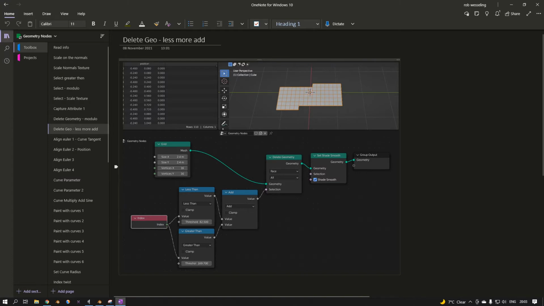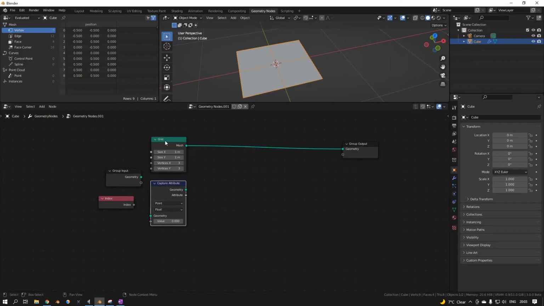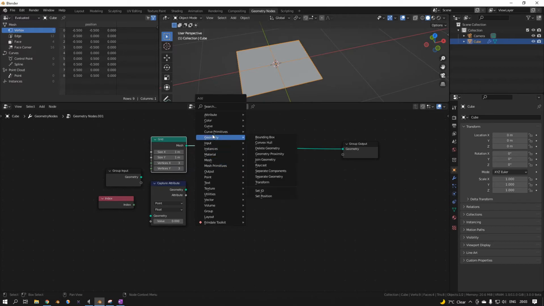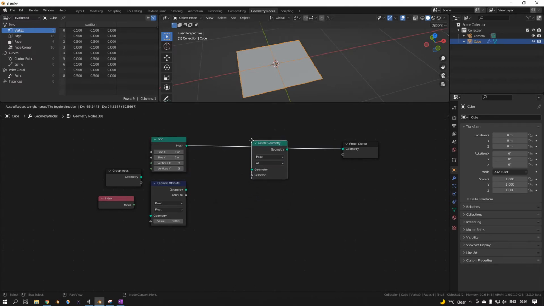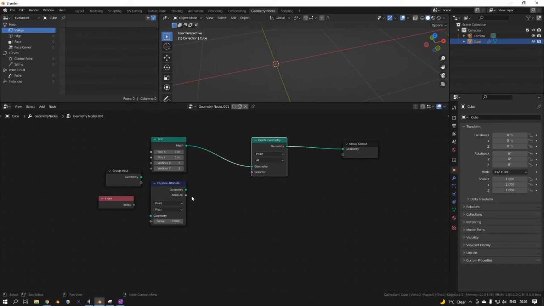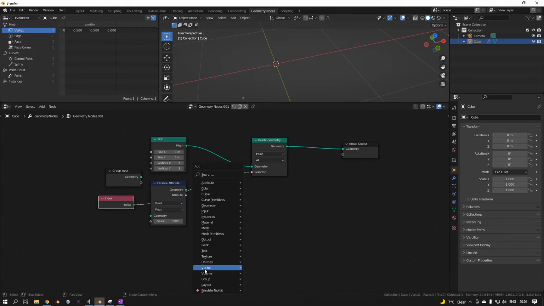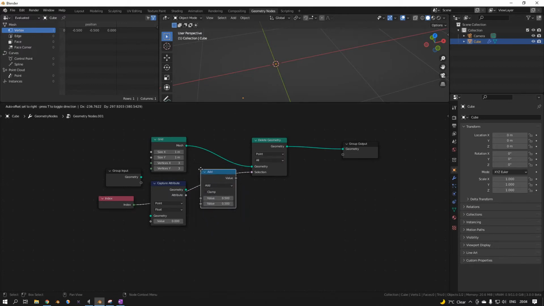It's better than using a Boolean, because Boolean takes a lot of computations, it seems. If you can, better is to delete some geometry, and then you can do that with this node. So you can go to geometry, delete geometry, plug that in. Now it deletes everything. But I can make a selection, and if I go to the math node, utilities, math,